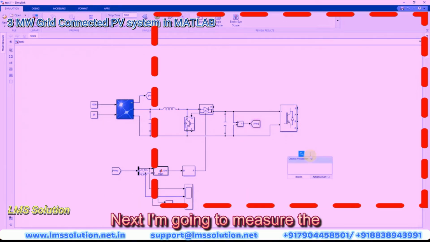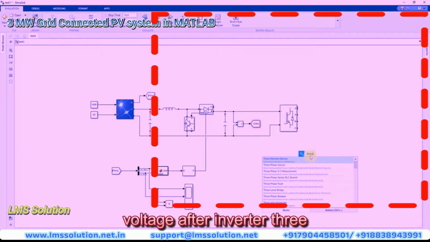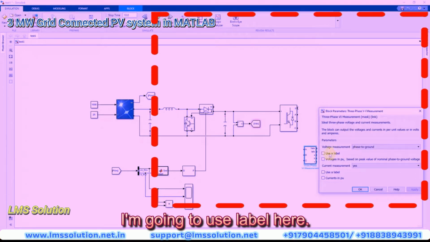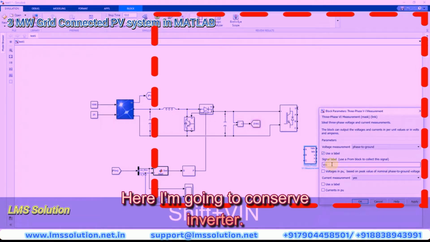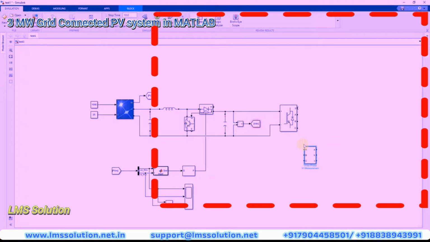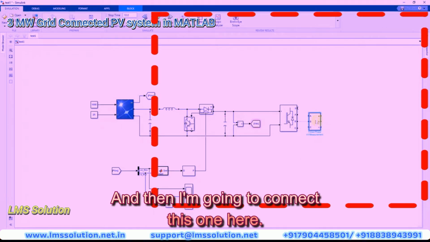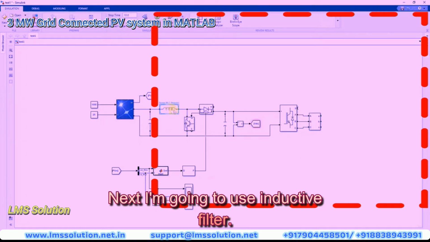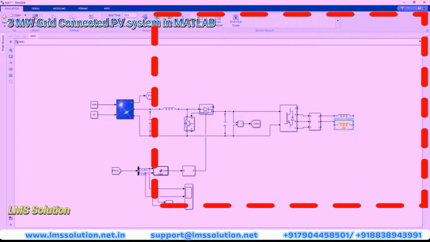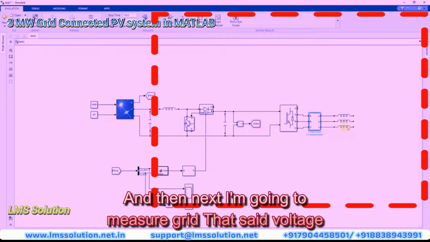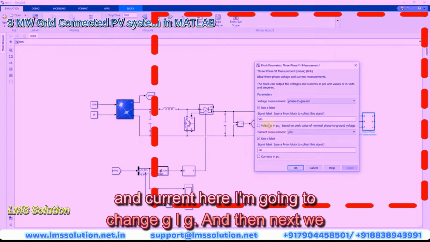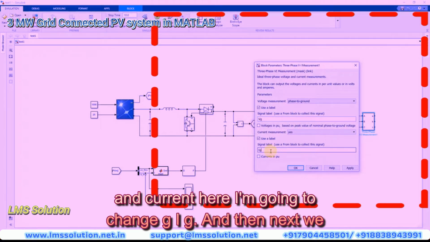Next I'm going to measure the voltage after the inverter, three-phase measurement. I'm going to use a label here. Here I'm going to consider V inverter and this is I inverter, and then I'm going to connect this one here. Next I'm going to use an inductive filter, and then next I'm going to measure grid side voltage and current. Here I'm going to change to VG, IG,